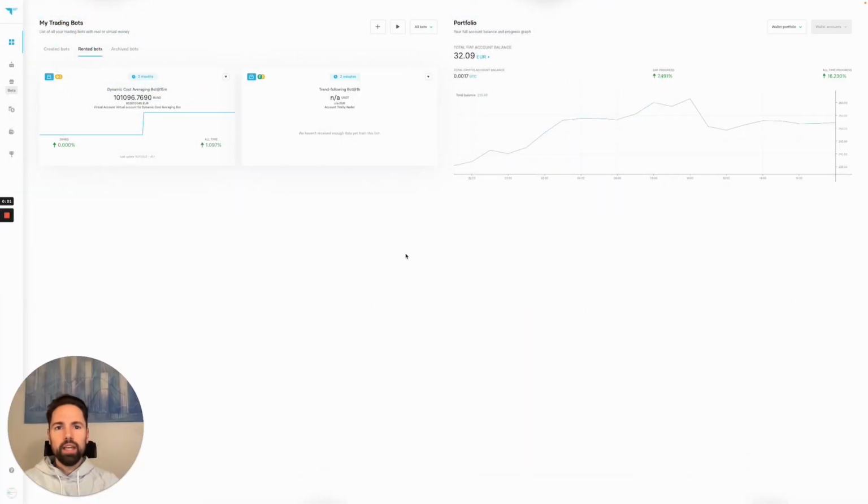All right, and we end up in the Trality dashboard where you can see that now there's a new bot next to the old one that I had already rented. As you can see, it doesn't have any data yet, and this is simply due to the fact that a bot, in order to show profits and data, needs to run for a couple of executions. And until that happens, we can't really show you any performance here yet, but you will see basically how it looks like on the left-hand side with the old bot that I had already previously rented,